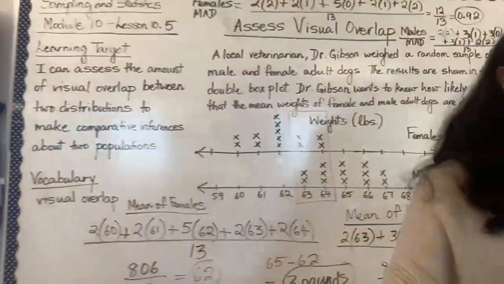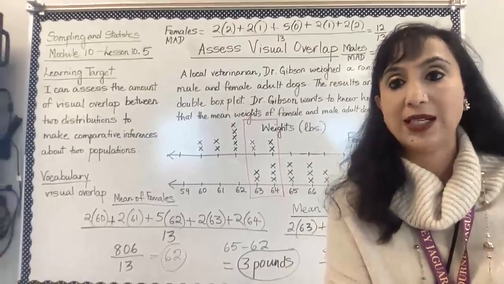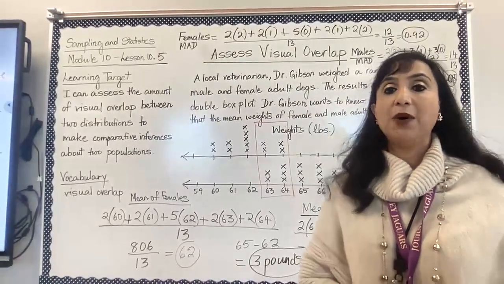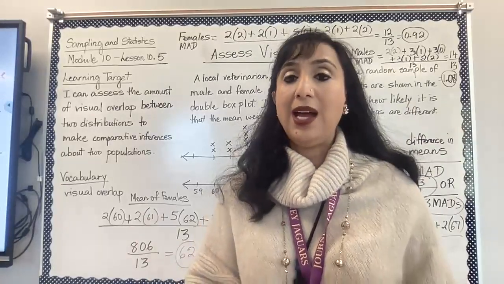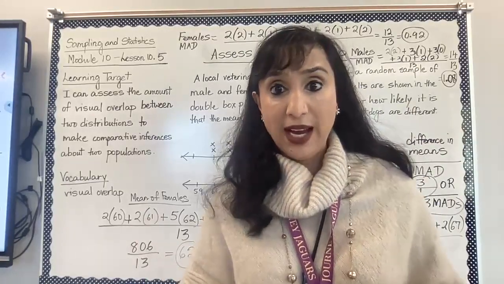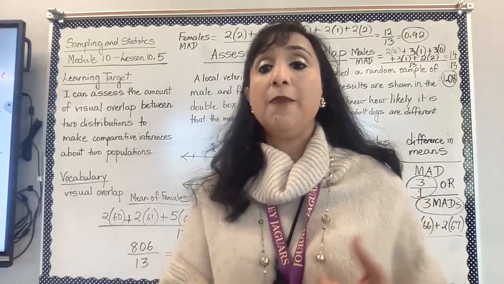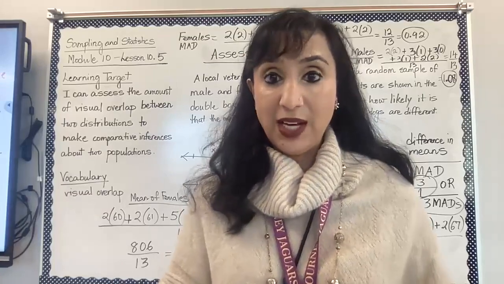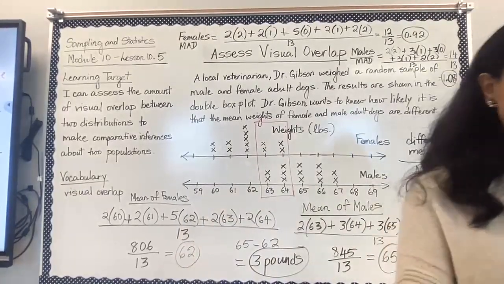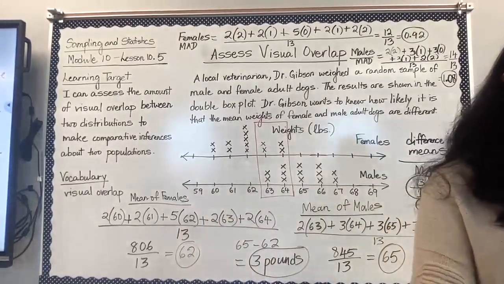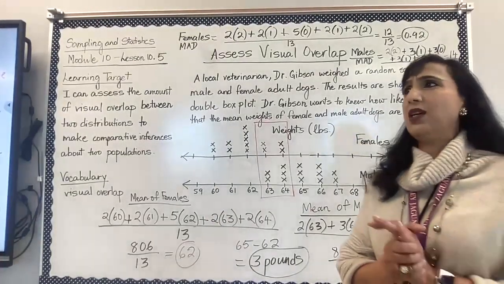Once again, to assess visual overlap, please remember you're taking the data set, you are finding both the means, and then you're finding the difference of the means. And then you're also finding the mean absolute deviation of each of those. And then you're finding the ratio of the difference in means over the mean absolute deviation. And if the ratio is going to be less than 2, then there should be,